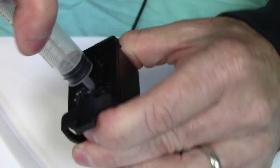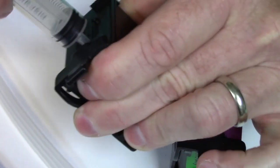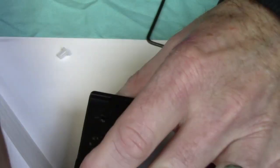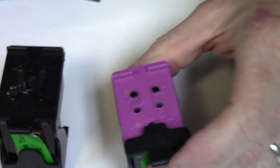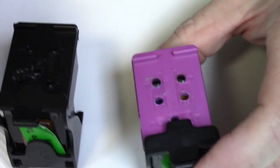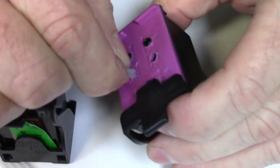And do it for the black also. Now, the first one, what I do is you could just wet it a little bit, or if you hold on to it like this, it should just go right in there. But just kind of twist and push it right in there. Twist and push. And that's 1,